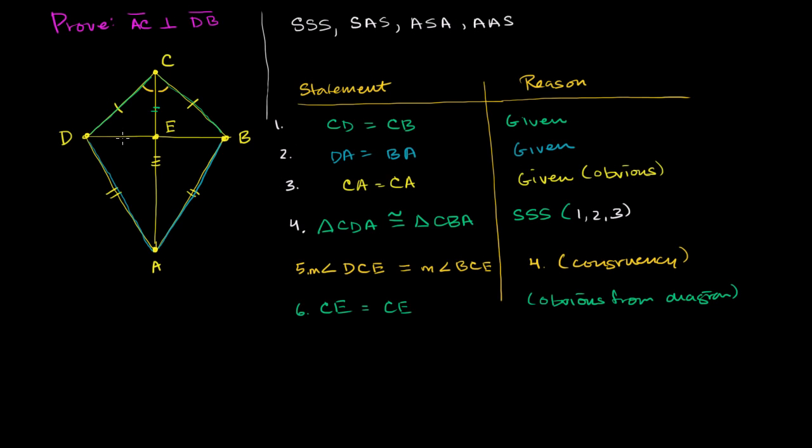So we don't have three sides. We haven't proven to ourselves that this side is the same as this side, that DE has the same length as EB. But we do have a side, an angle between the sides, and then another side. And so this looks pretty interesting for our side-angle-side postulate. And so we can say, by the side-angle-side postulate, that triangle DCE